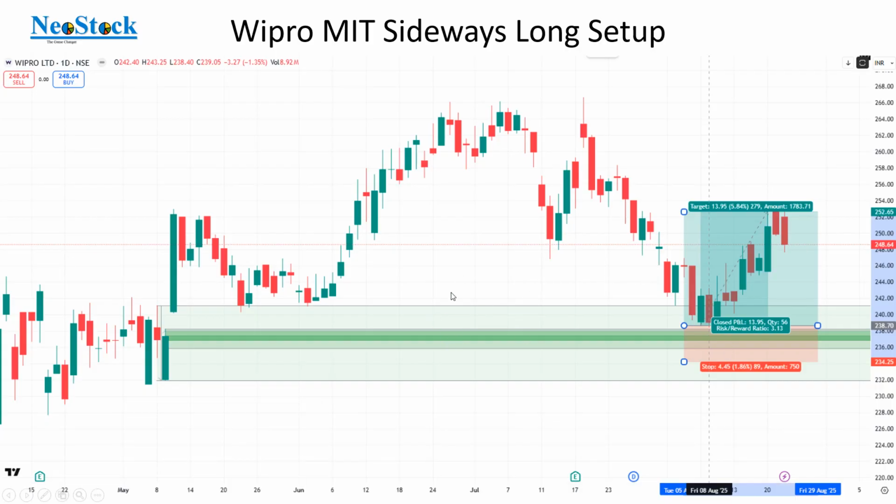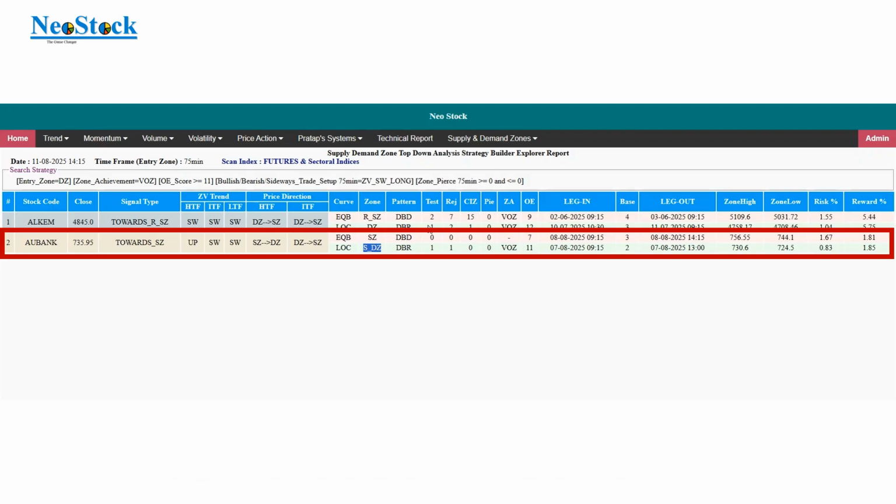Next, let us look into one more example. This is a WIT example. This is a weekly income trade because the entry time frame is 75 minutes. AU Bank, let us look into this. Alkem has not reached the zone. It was like flying. Prices were moving up. Already it might have entered into bullish trade setup. But AU Bank,